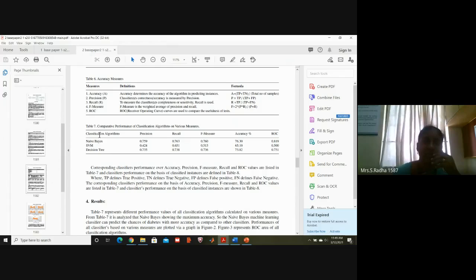Because 2 3 algorithms we are using, we will get accuracy itself 2 3 values, precision 2 3 values, different algorithms are there. So finally we will put a tabular column like this. In the PPT also just now you have put, for SVM and logistic regression you have prepared the table. That is the comparison what we are going to do. If you see in the base paper, they are getting the maximum value 76.3 only. Using naive Bayes they are getting 76.3. Okay, but presently you compare your two algorithms, whether it is greater than the base paper, it is good. Okay, now this is about the block diagram what I want to